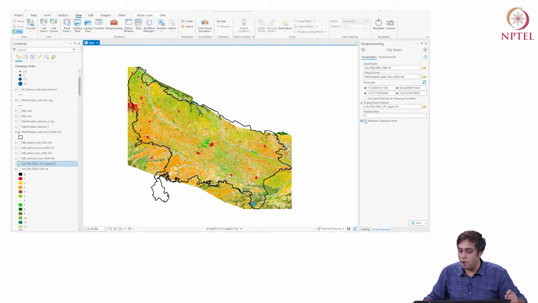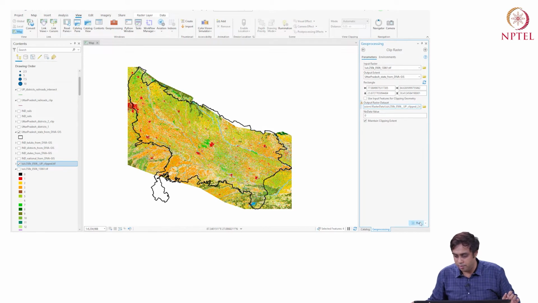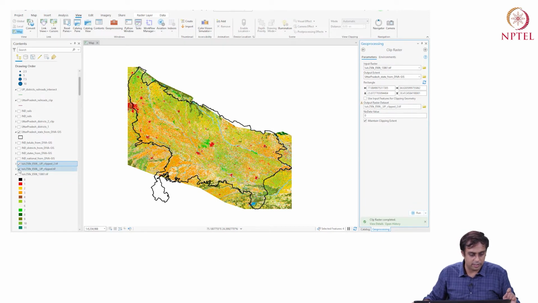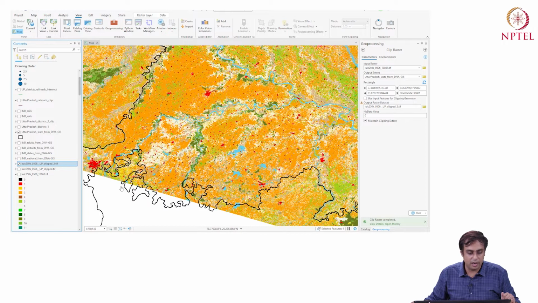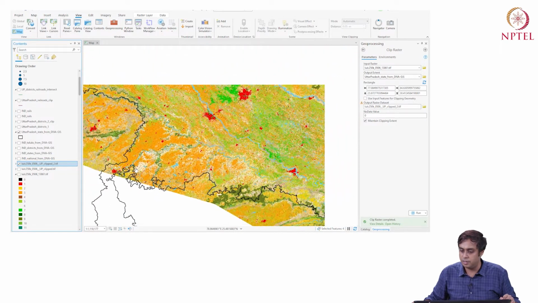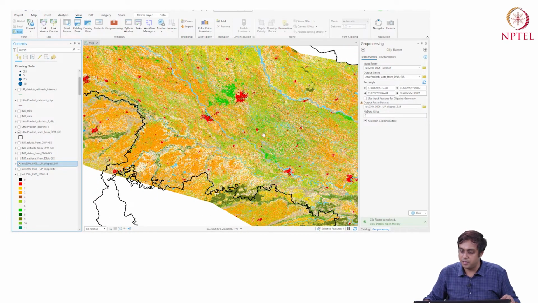Okay, let me now redo this with the maintain clipping extent command and say clipped 2 and we'll say run. Okay, it's running, it's working right here. Very good. Okay, it's done. Okay, still I have the same thing, but now the pixels that are going to be counted are going to be a bit different.